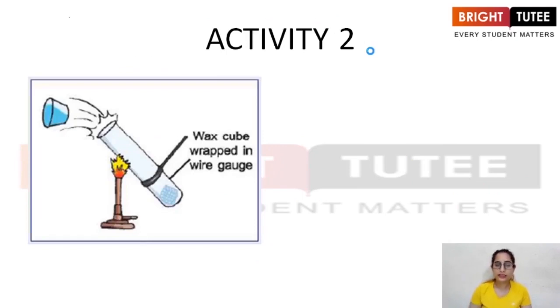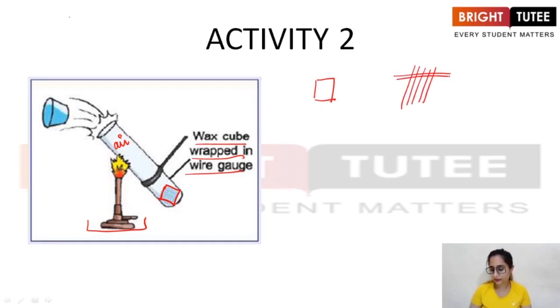Right. So in this example, firstly, again I'll be explaining the apparatus. There is a burner. There is a wax cube wrapped in wire gauze, right? Now, there is air above it, there is no other liquid or anything. There is only a wax cube. What is wax? You have taken wax and then you have taken wire gauze. Wire gauze is basically a net of metallic wires, right? You have covered this wax cube with the help of this wire gauze, and you have put it inside the